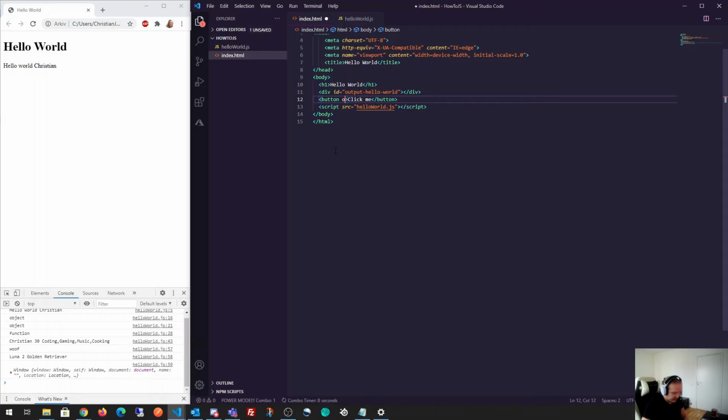And you write this basically like this. You write onClick and then equals, and in here you specify what you want to happen when the button is clicked. And usually what we do here is that we want to run some sort of function. And what I will do now is just save this,